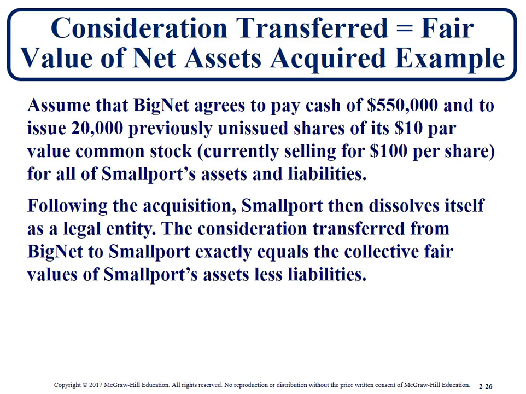Okay, all right, so what's happening here is BigNet agrees to pay cash of $550,000 and issue 20,000 previously unissued shares of $10 par common stock, which is currently selling for $100 per share, for all of Smallport's assets and liabilities. Following the acquisition, Smallport then dissolves itself as a legal entity, and the consideration transferred from BigNet